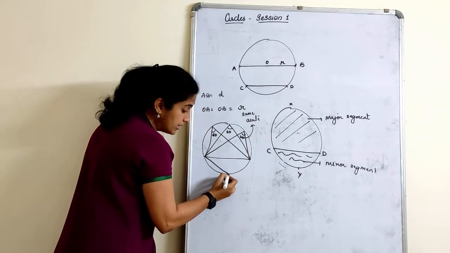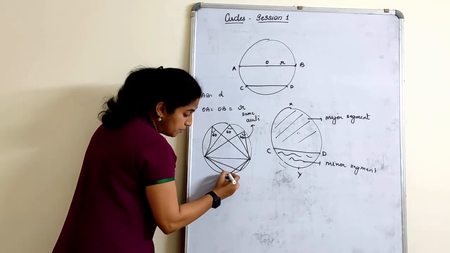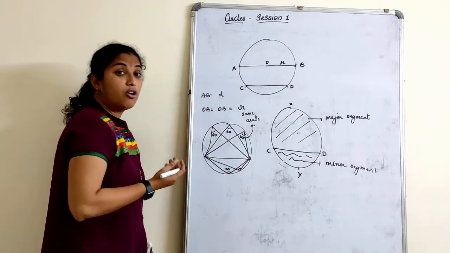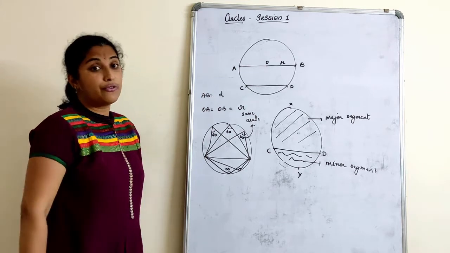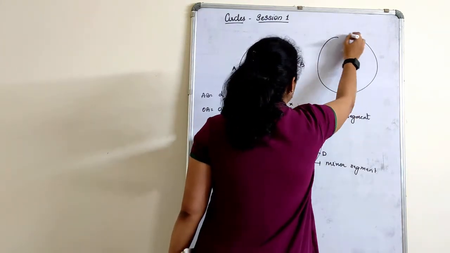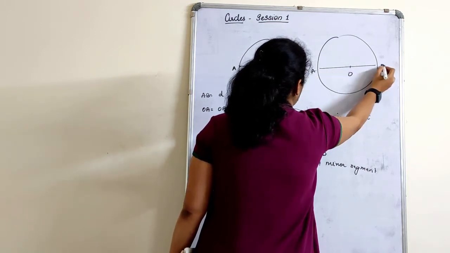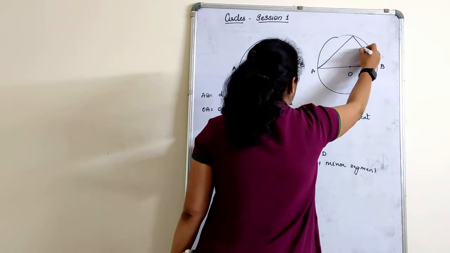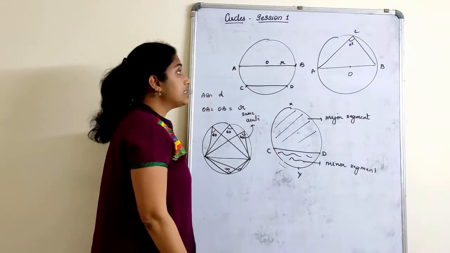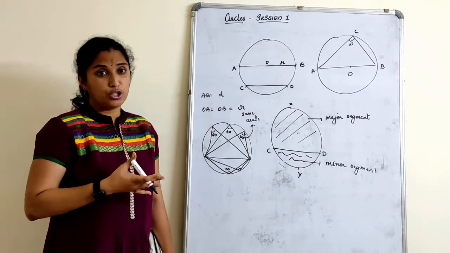Then what did we study? Angles in the minor segment. When we took a protractor and measured, assume that this is 110. So they are obtuse angles. This is what we have studied. One more: angles in the semicircle. If this is the diameter with center O, and if I draw here, this angle is 90 degrees. Angles in the semicircle are right angles. These are a few properties that you have studied.